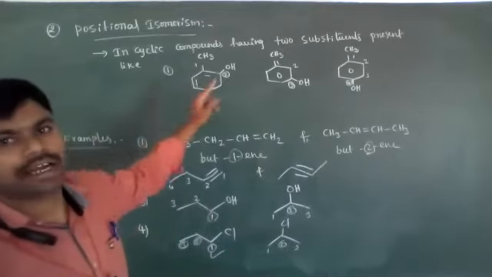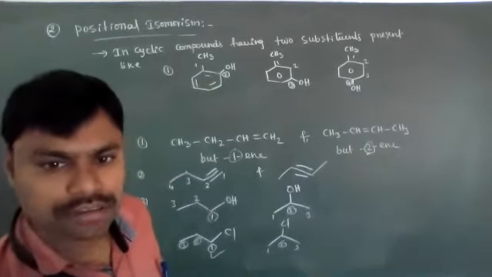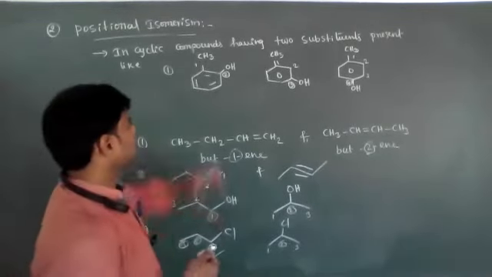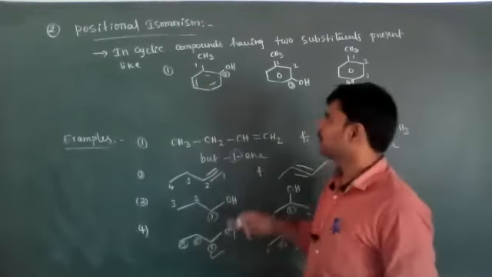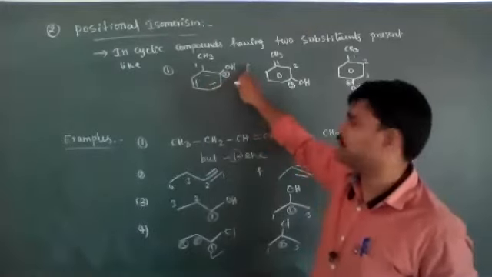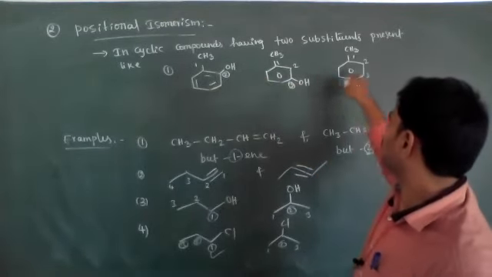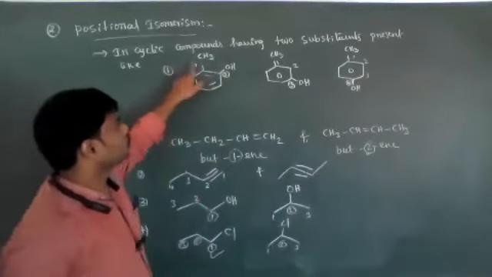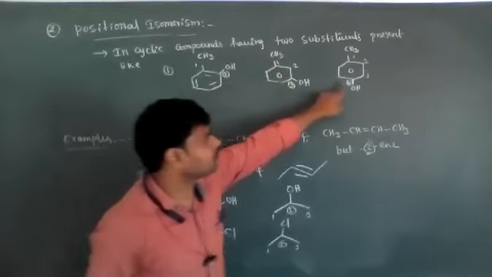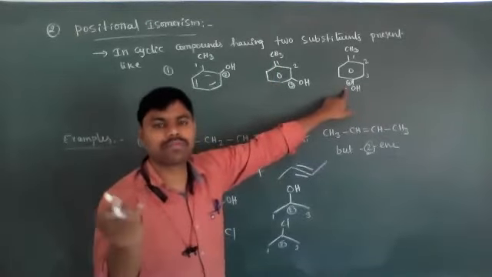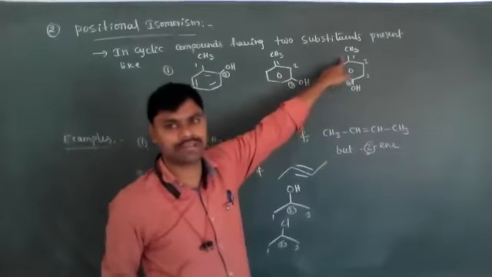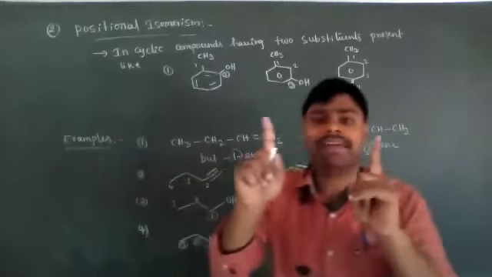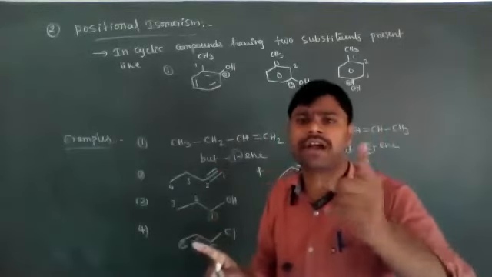So these compounds have the same molecular formula, but the positions of the CH3 and OH groups are different. With respect to CH3, the OH position is 1, then 3, here the OH position is 4. Or with respect to OH, the CH3 position is 2. Here the CH3 position is 3 will come. With respect to OH, if you give the OH group position 1, how much will the CH3 group position come, sir? 3 will come.